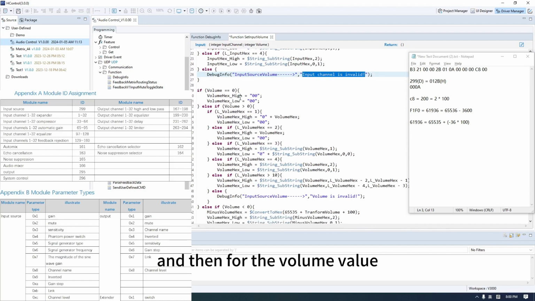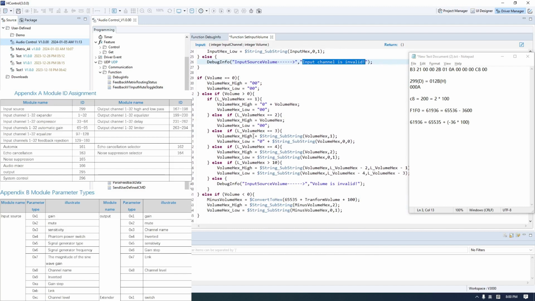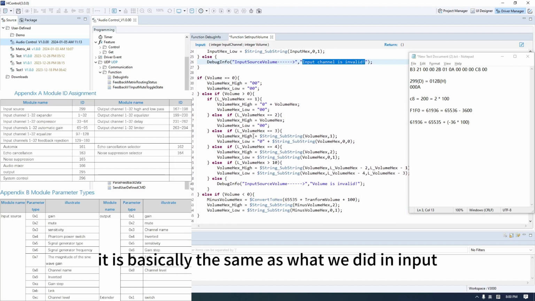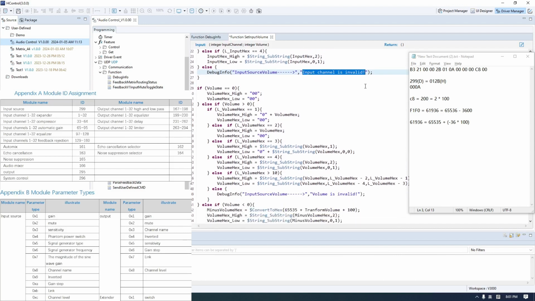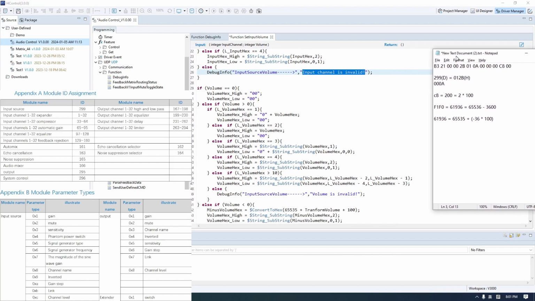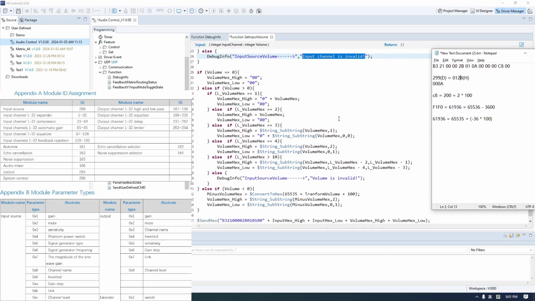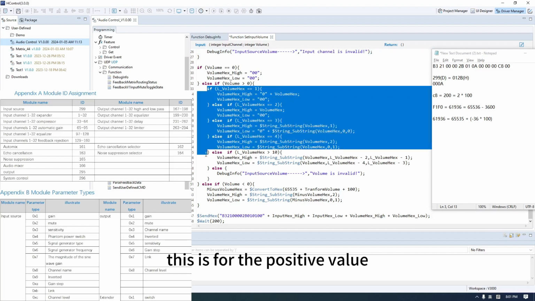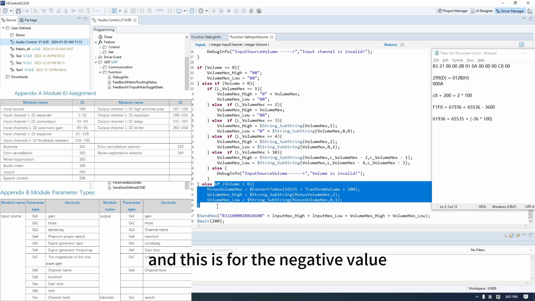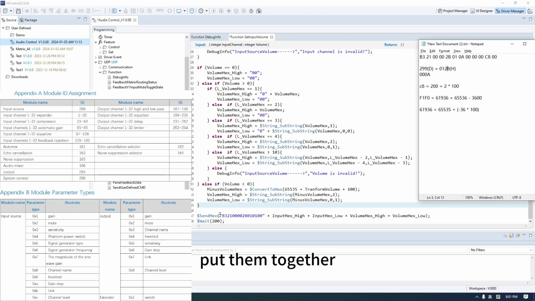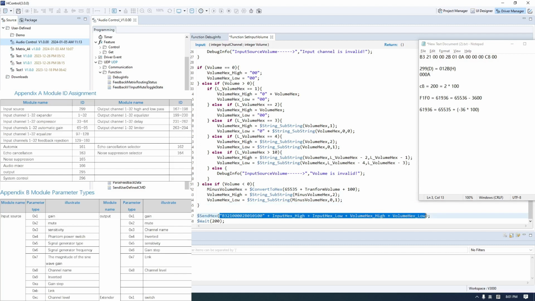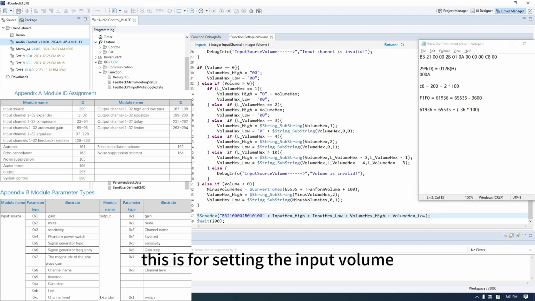And then for the volume value, this is basically the same as what we did in input. This is for the positive value, and this is for the negative value. And then put them together and send them out. This is for setting the input volume. And for getting the input volume,